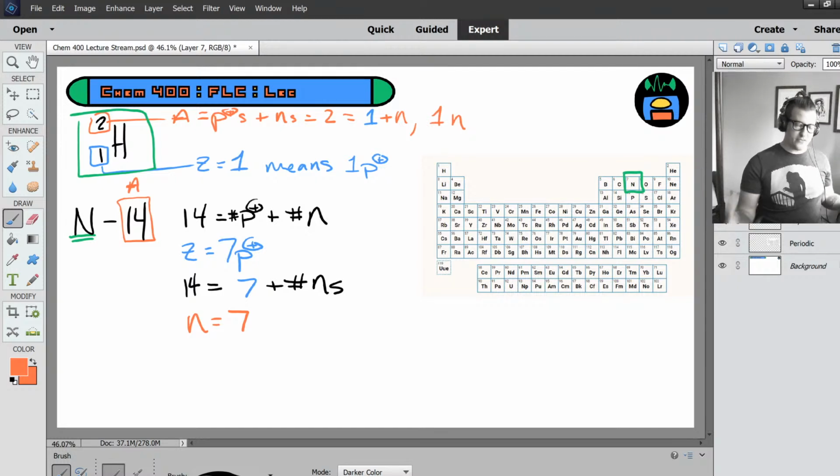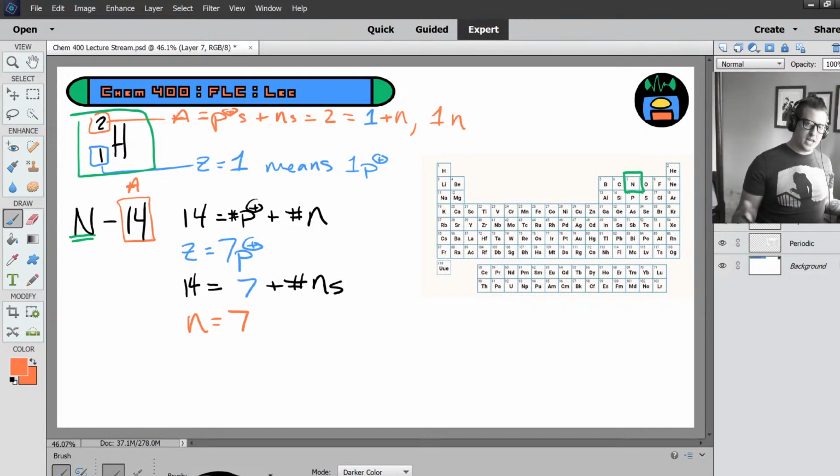So that's how you can use these two formats in tandem. You don't have to explicitly be told the atomic number because you can always look that up on the periodic table. The mass number you have to be given. You won't find that anywhere on the periodic table. All right, now